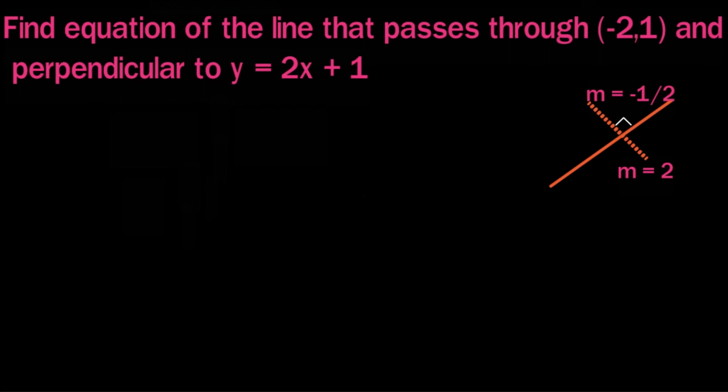Basically you flip the number and then add a negative sign. So we get y minus 1, the slope is negative 1 over 2, x minus minus becomes plus, so you will get the answer as negative half x minus 1 plus 1,